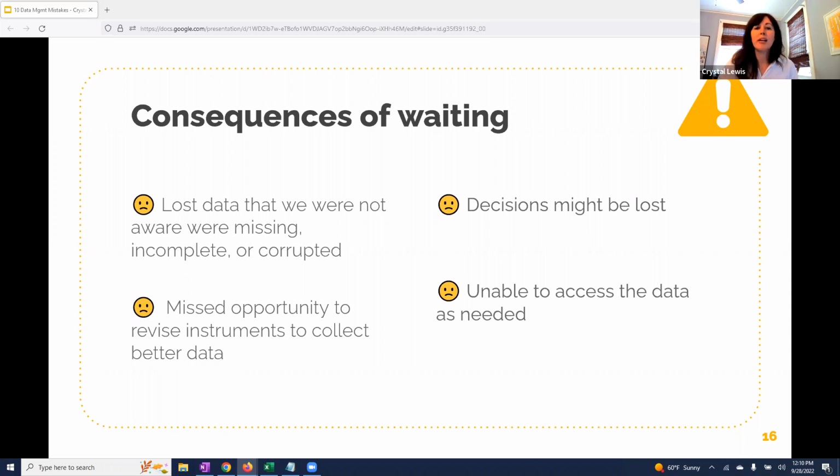Third, decisions might be lost. If we didn't manage our data throughout, it means that we didn't keep up with our documentation. And now that we're ready to clean and document everything, we are relying on recall to remember everything we did and what decisions we made. And we all know what our recall is like a few months, let alone a few years after a project has begun. Not the best. And last, when we're ready to actually use our data, the data won't be ready for us. We'll have to take time to clean it, or maybe notify another team member that we need them to clean it, and then wait for that data to be prepared.